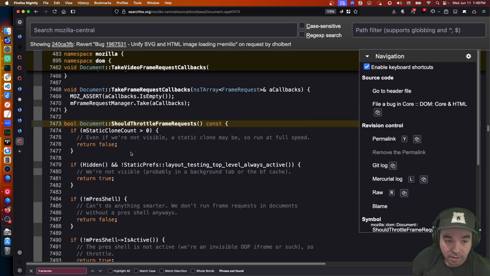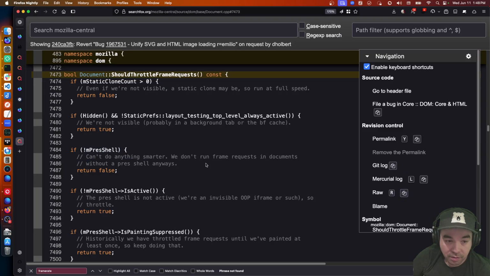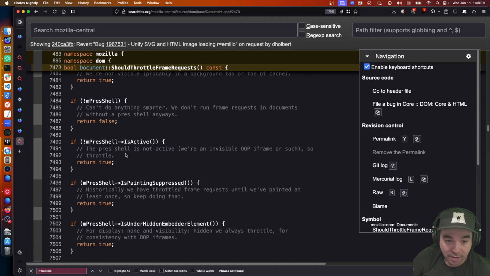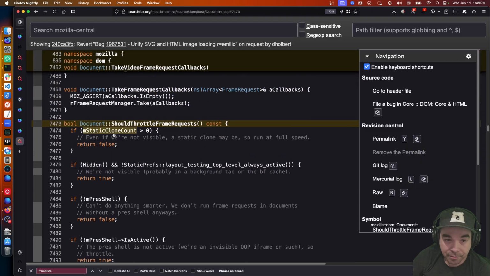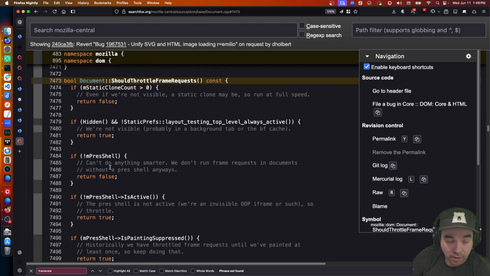If hidden or no pres shell, or the pres shell is not active, which is generally the case. Pres shell is not active in the event that we stop rendering. So that's effectively throttling. Well, let's try it then.